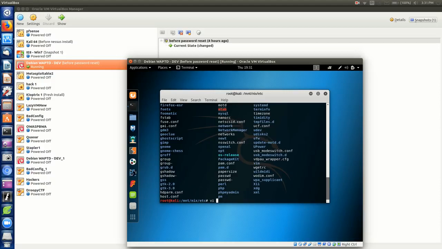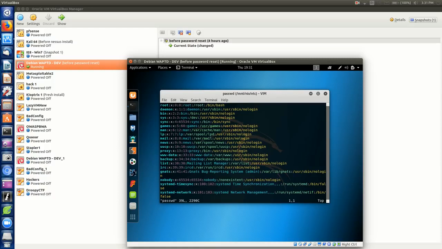So I'll go ahead and vi password and hit enter. Now, inside here is where you can see pretty much a lot of good information. You'll notice here the root account is at the top, and where this X is right here specifies that it has a password. Now, this was set up by default, so right here we can literally take away that X